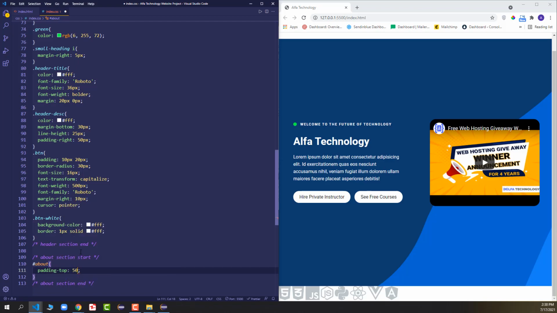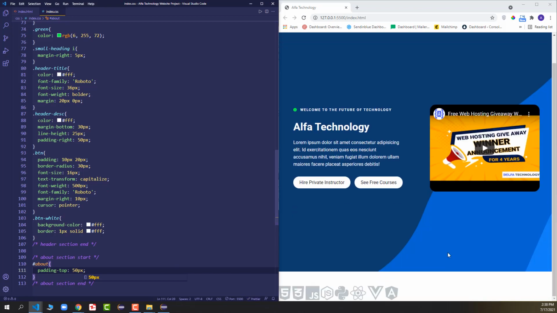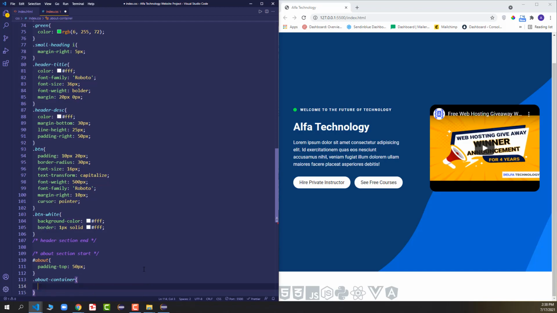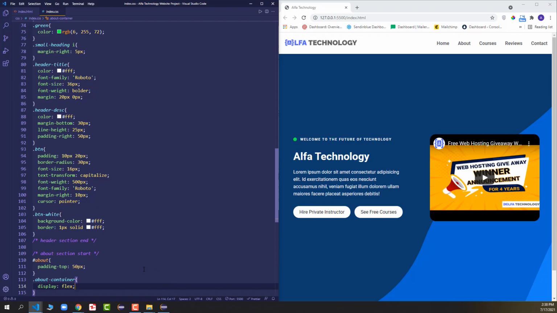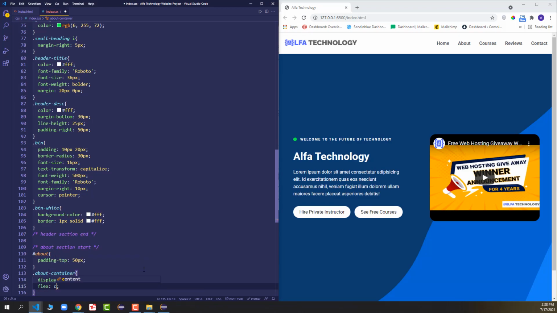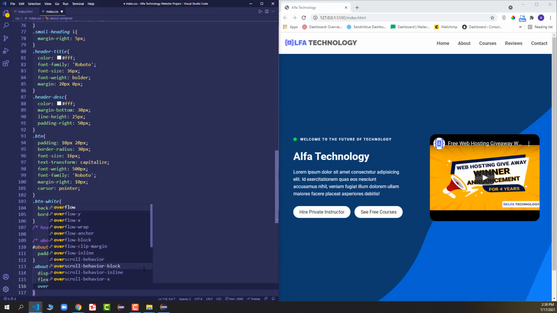So we have 50 pixel of padding at the top, and after that we will come down, and now we will target the about container class, and here we will make it display flex, and here we'll say flex direction column.